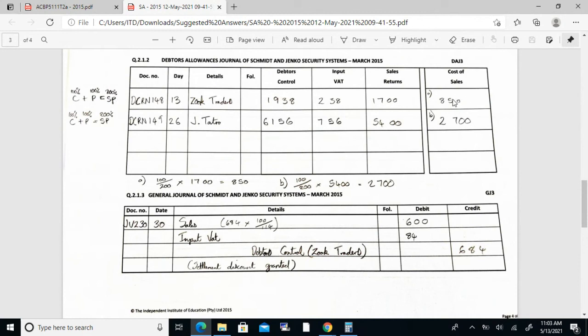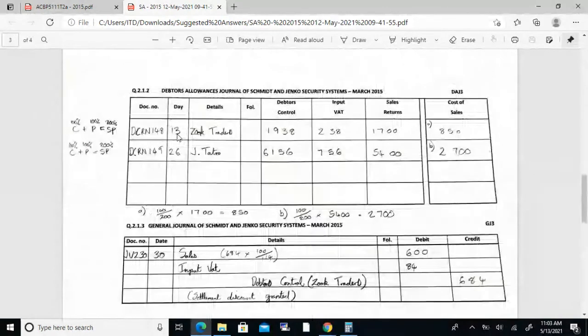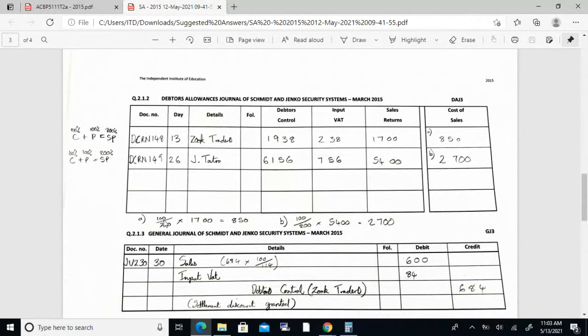Okay, so then let's calculate our cost of sales. What we want is cost, which is 100. What we have is selling price, which is 200. Okay, so the calculation, where did I do the calculation? All right, A over here. So 100, what we want, divided by what we have, 200, times 1,700, our VAT exclusive amount there, can you see? All right, and that's how we got the 850. Okay, cool. Right. Next transaction that we had, and final transaction for the Debtors Allowance Journal,